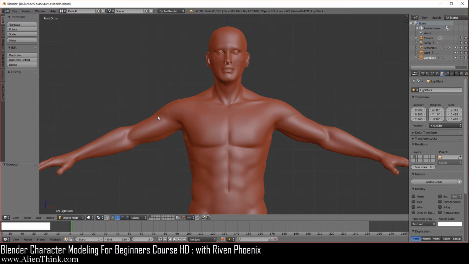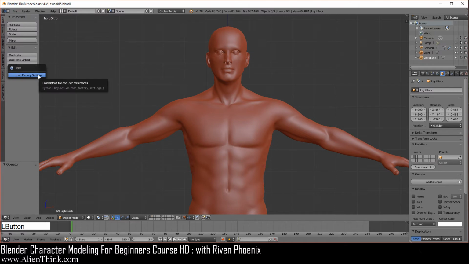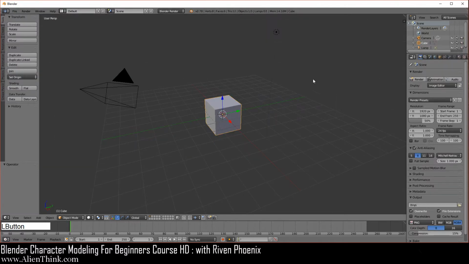When you launch Blender, this is how it's going to look. So what we're going to do is go under File. Now watch what I do over here. I'm going to go under File and do Load Factory Settings. Okay. This option is something that you'll probably use quite a bit in the beginning. What it does is basically make sure that it resets everything, as if you had just downloaded Blender for the first time, right? So now we're on the same page. If you launch Blender, this is exactly what you're going to see.